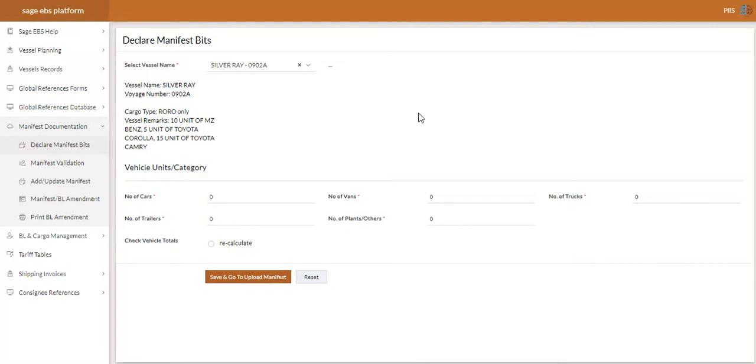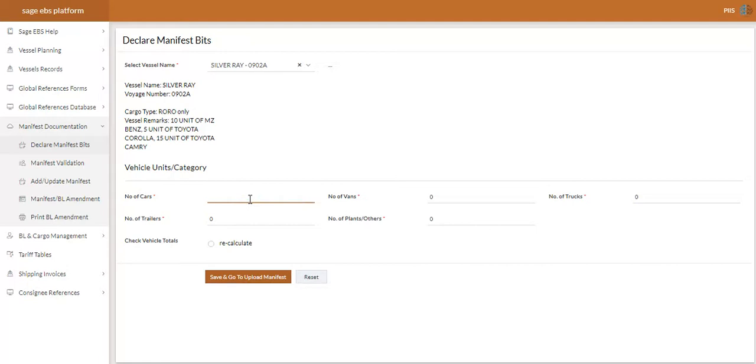We have the number of cars, number of trailers, number of vans, number of plants, and number of trucks. What the Sage EBS application really wants from us is just a summary of whatsoever is inside the manifest, that is the already declared manifest and the one we are going to declare by ourselves. So we'll be clicking the number of cars that is inside the manifest.